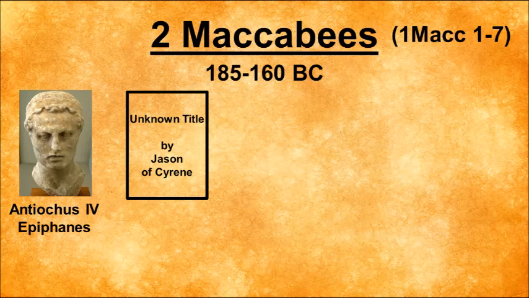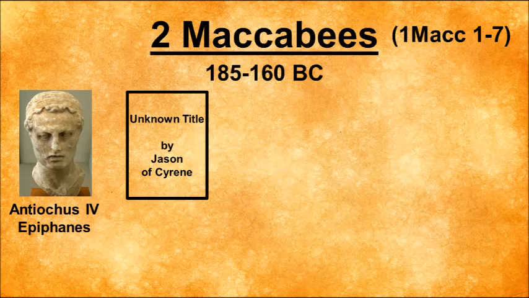The author said that this work is an abridgment of a 5-volume work by Jason of Cyrene. Jason may have been a Greek, but he was probably a Hellenistic Jew. At least 4 early Christian writers refer to 2nd Maccabees, and it is quoted more often than 1st Maccabees, specifically